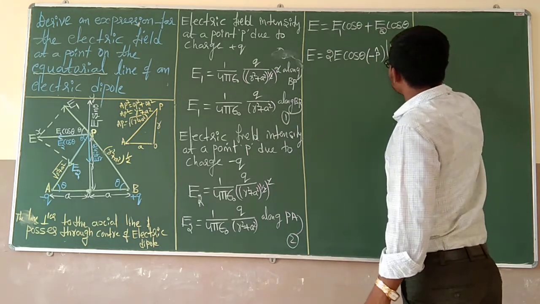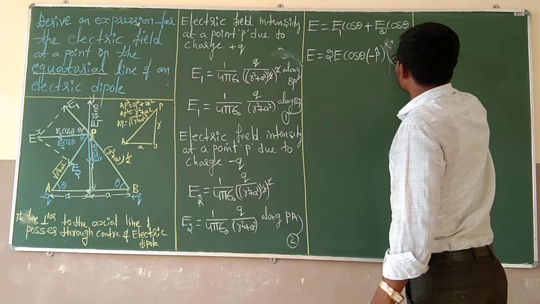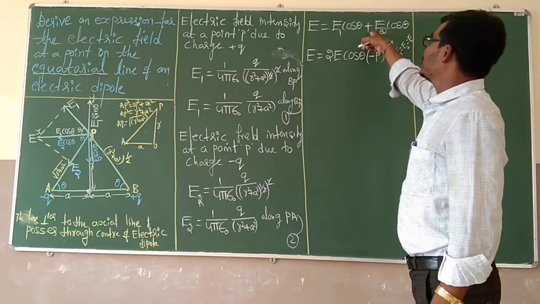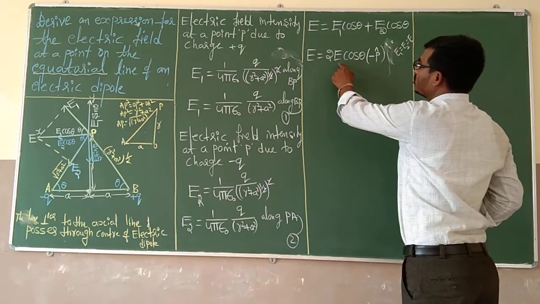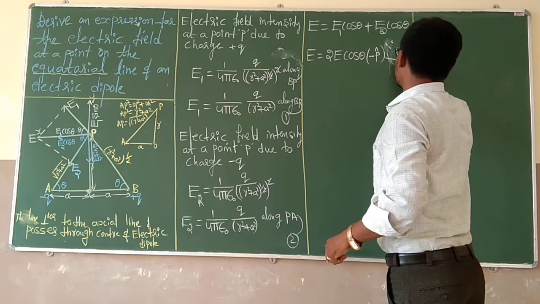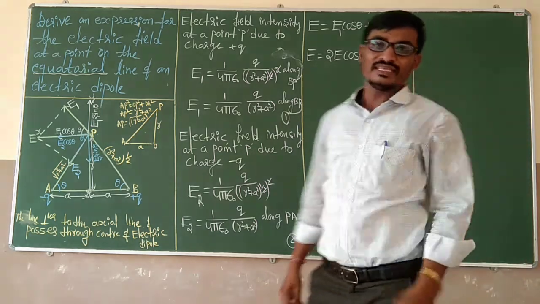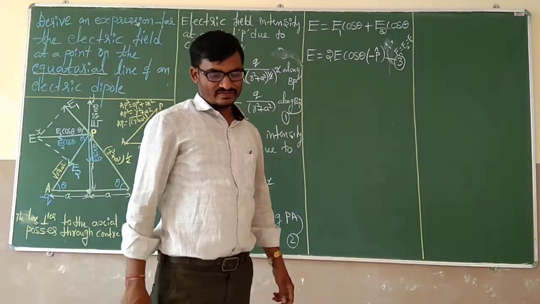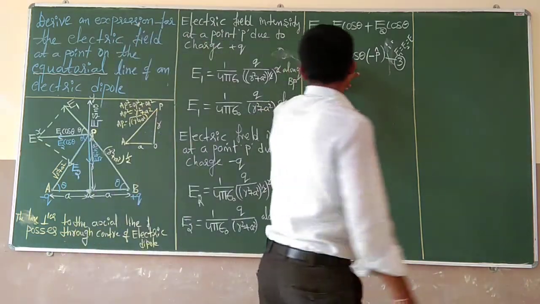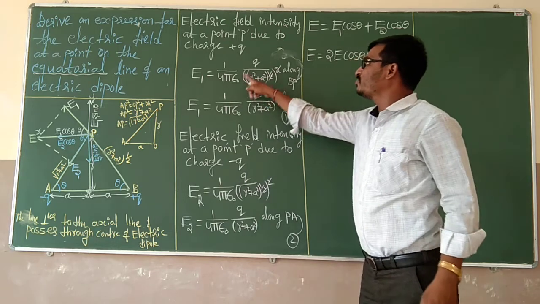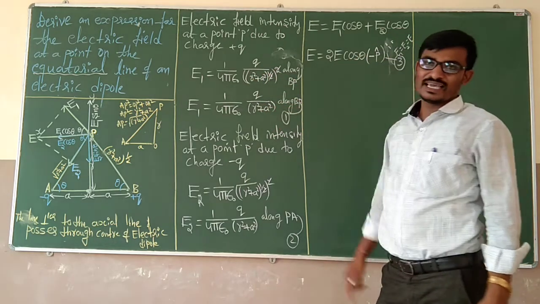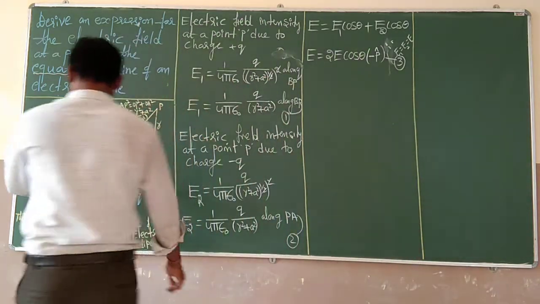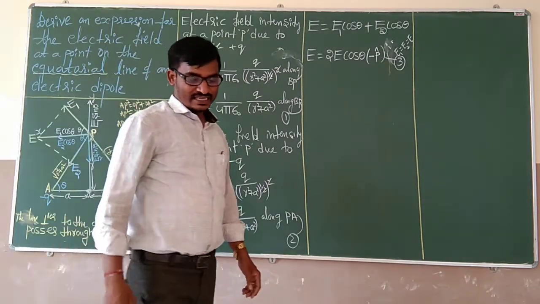Here I have written this because E1 is equal to E2 is equal to what? E for this equation. Then it becomes E is equal to E cos theta. If we choose this as equation number 3. Okay. We know all the values. E value we know, that is E is equal to 1 by 4 pi epsilon naught, q divided by r square plus a square. That is the E value. But we don't know cos theta. Just draw the triangle for understanding purpose.